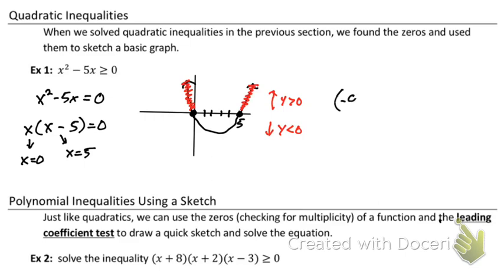So we're going to go negative infinity to 0. Anytime we have a number, we have to decide if we're going to use a bracket or a parenthesis. What am I using here, a bracket or a parenthesis? Yeah. A bracket, because there is an equal to sign. And we're going to union that. Well, since there's an equal to sign, we'll use a bracket at 5 and to infinity